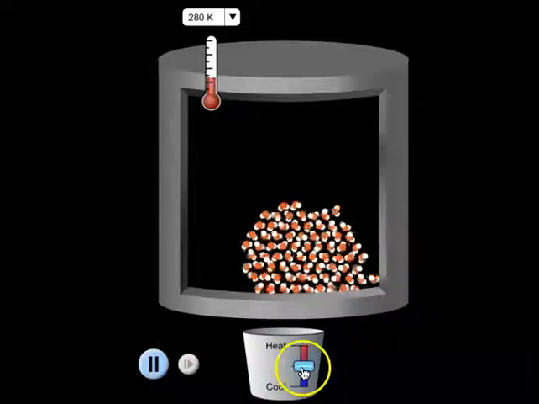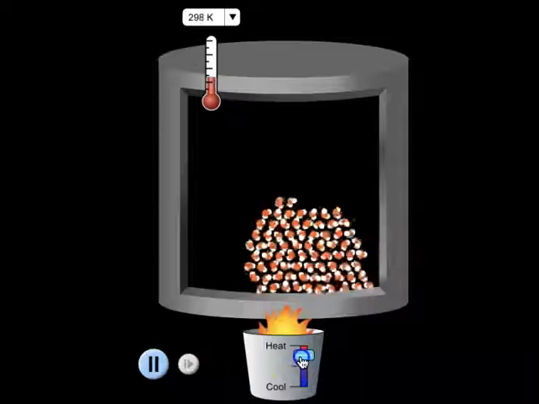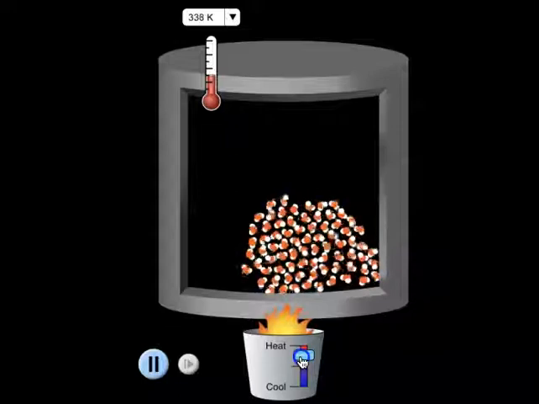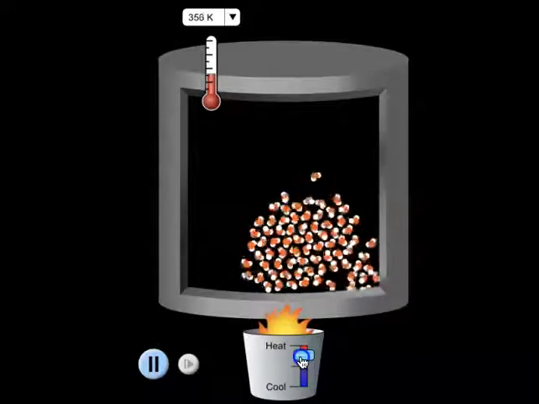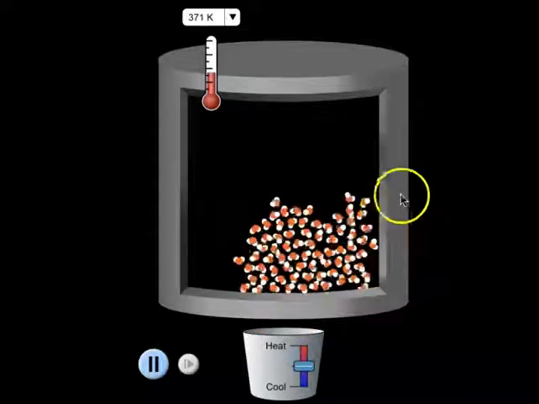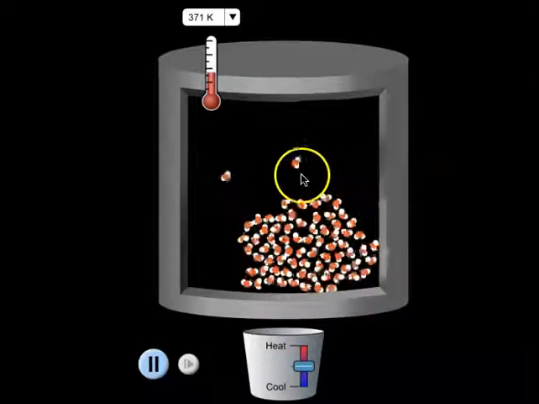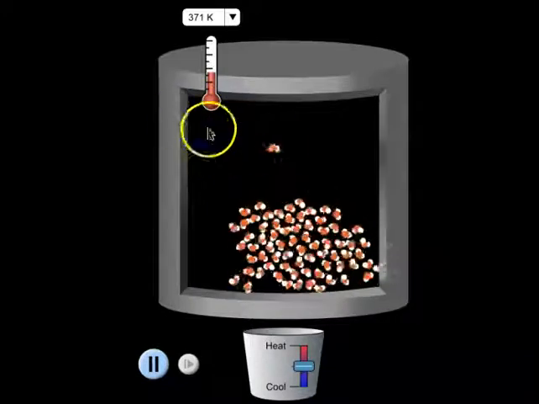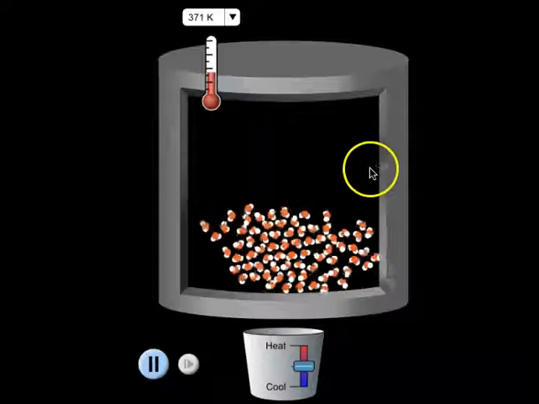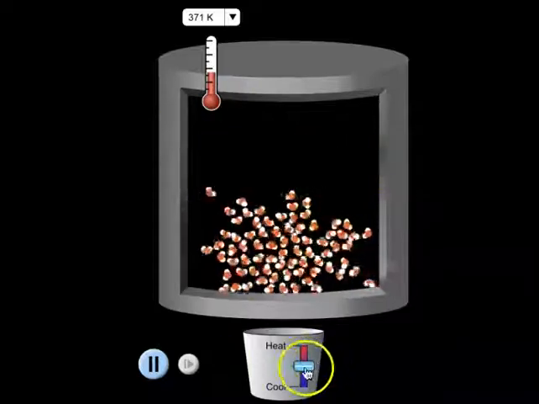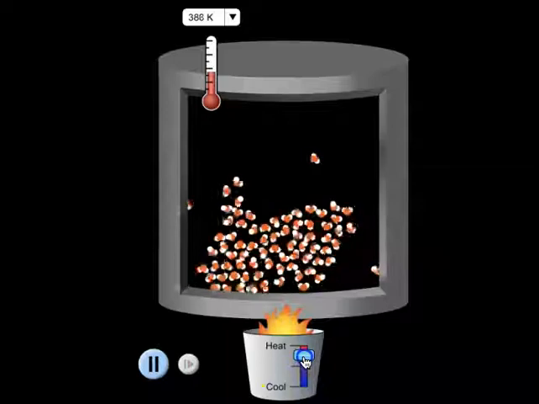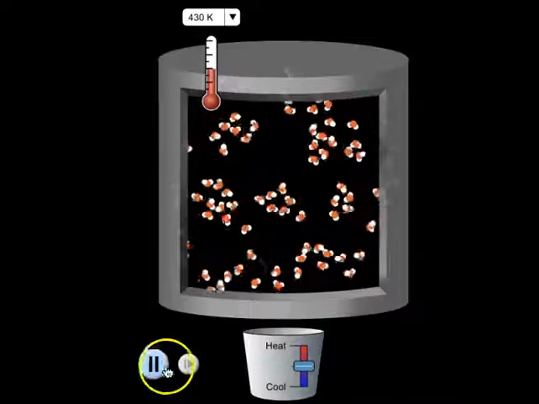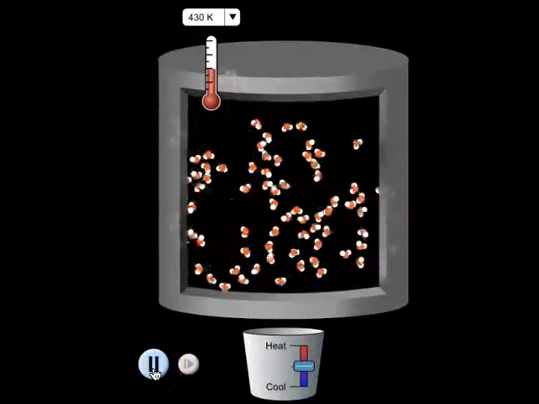As we continue to heat this thing up, you should know that this is evaporation or boiling in this case. I'm actively trying to get something to boil. You'll notice that that motion becomes more and more intense until, oh, you see it? That little guy right there is moving around now. So that is gas vapor at this point. So you've got a bunch of liquid, a little bit of gas vapor up here. And as we continue to heat it, obviously we get more and more things into the gas phase until they're all in the gas phase. So if you notice some of the changes in motion that we have going on here,